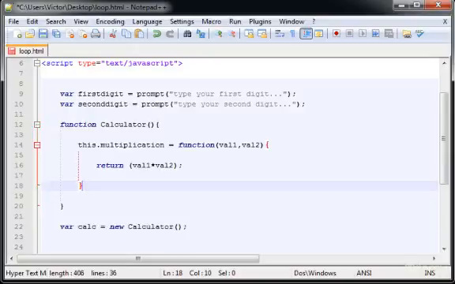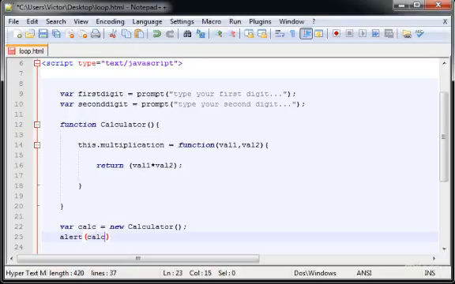So we have created the object. I designated directly the multiplication property, which is a function that will return the multiplication of the two parameters. Now the parameters need a value, and I'm going to do alert